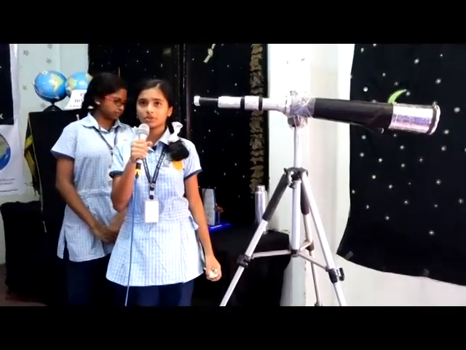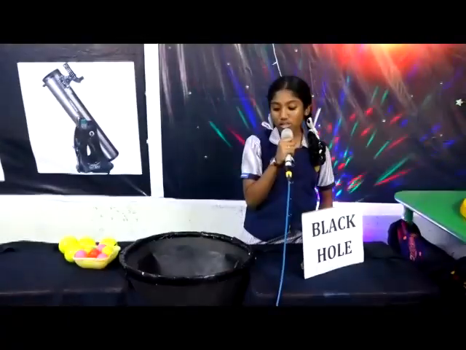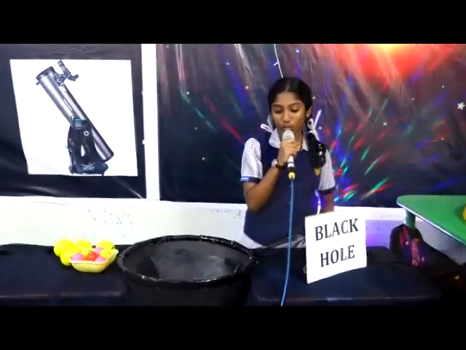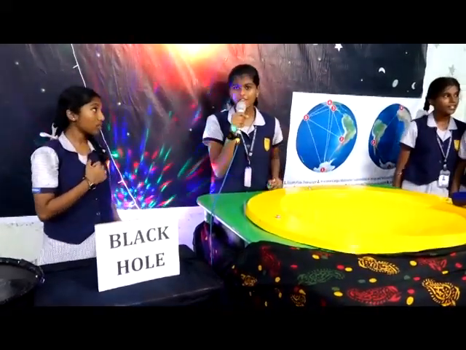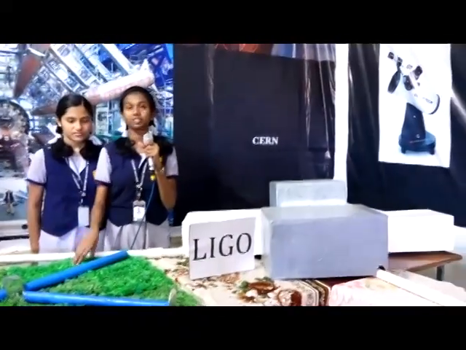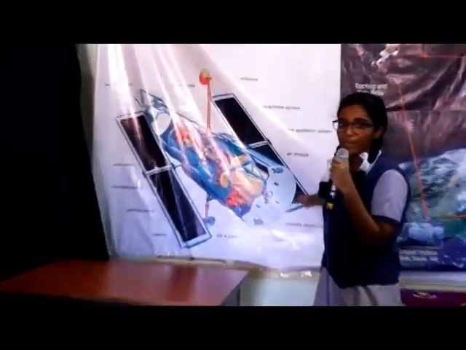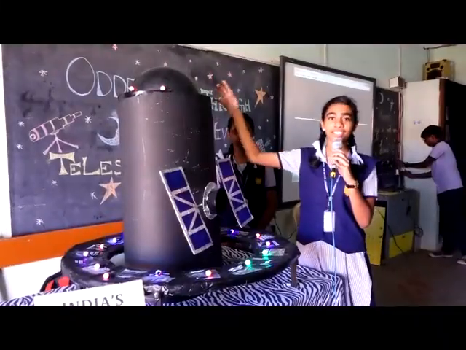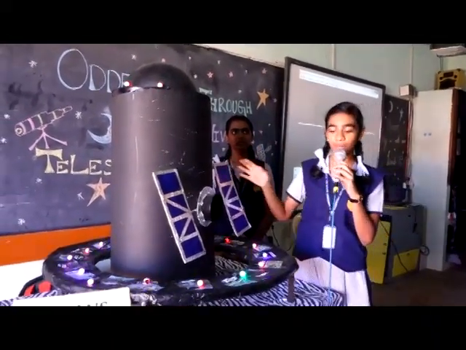Galileo was the first to use the telescope for the purpose of astronomy in 1609. A black hole is among the strangest things in the universe. Any object that comes nearby it will be pulled by its gravity's force. It is a large-scale physics experiment that is used to detect cosmic gravitational waves. This is the parts of the telescope. It maintains the temperature inside the observatory to protect the observations inside the observatory.